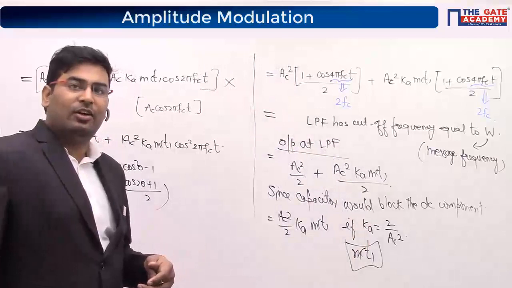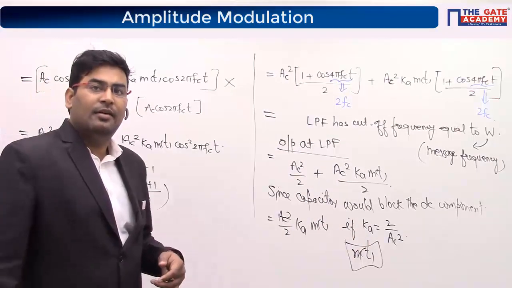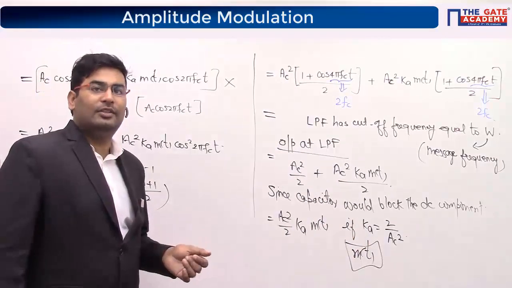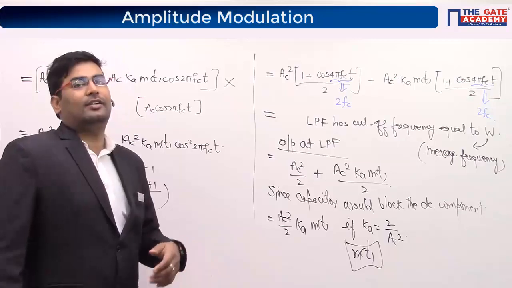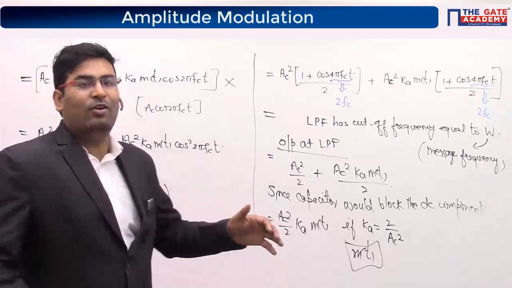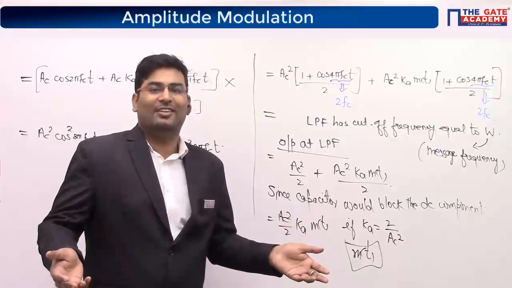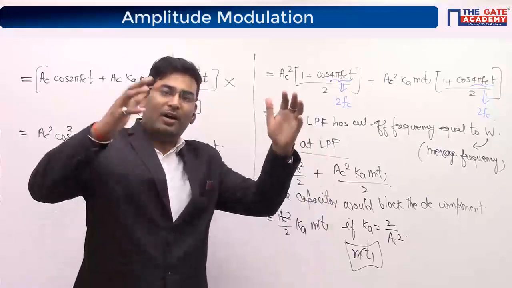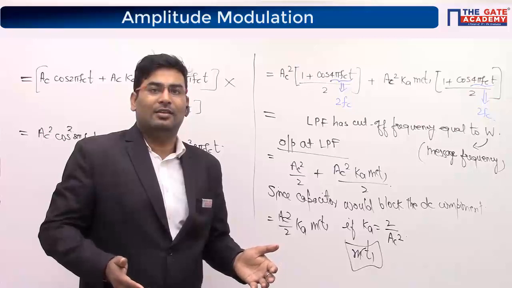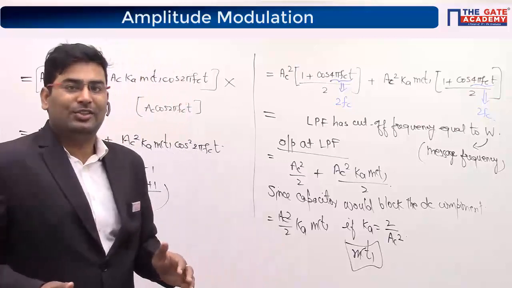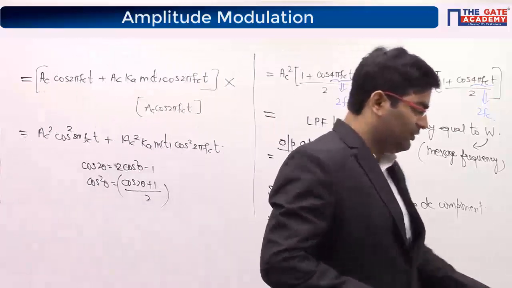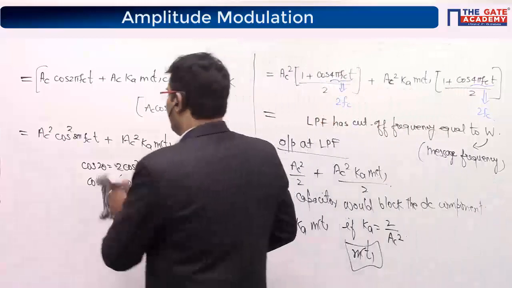Why is the detector not shown in the block diagram, you're saying? Okay, so the whole thing that we are doing, multiplying and putting a low pass filter, is the detector itself. The whole block diagram is the detector itself. I hope it answers your question. Don't get so confused on this.